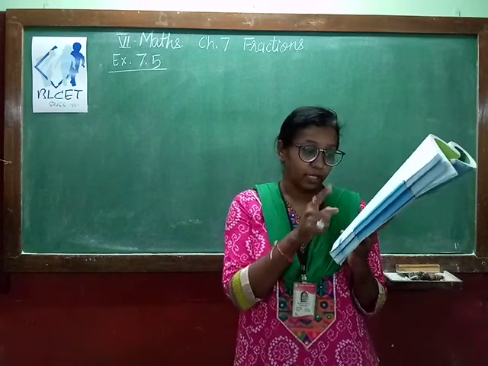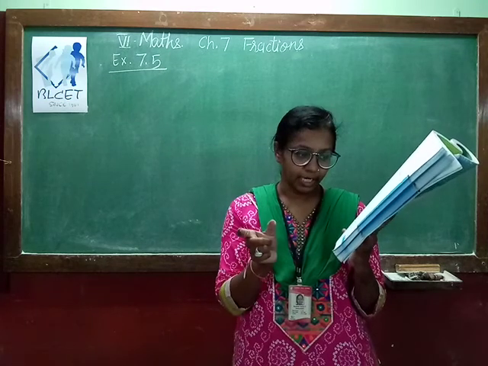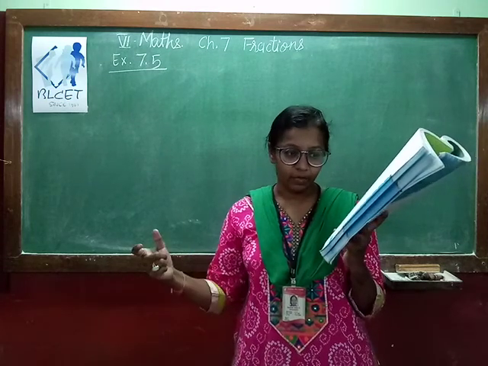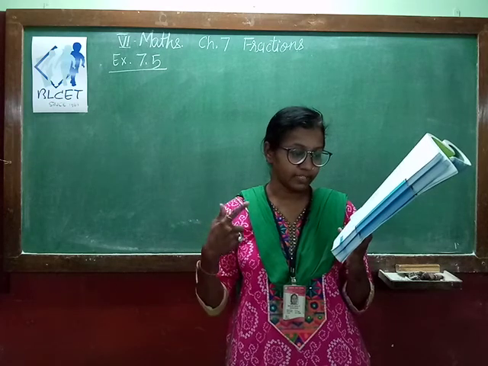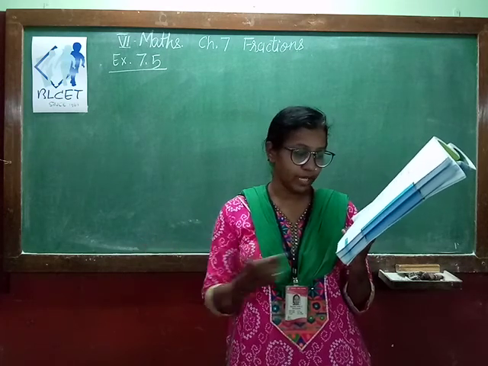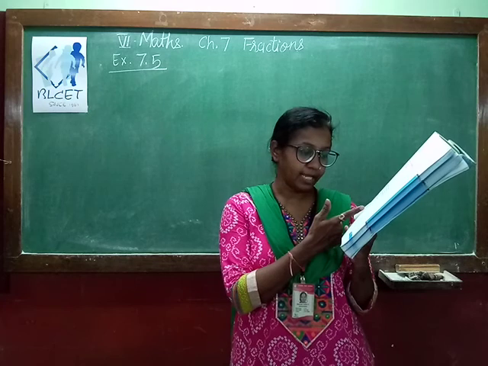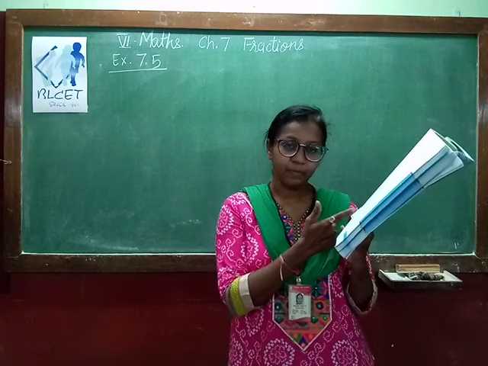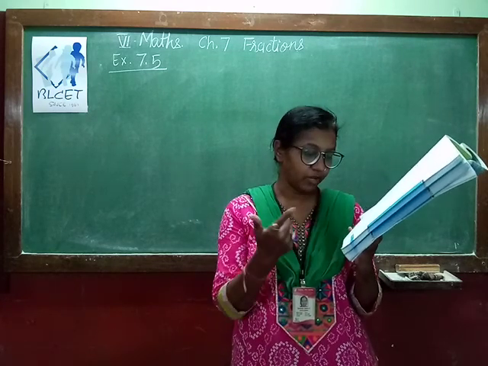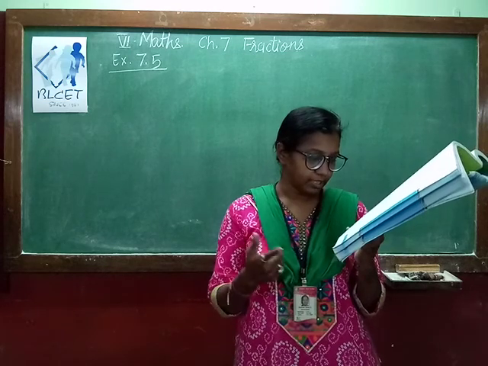In the next, a whole 5 parts are shaded. 3 parts are taken away and 2 are left. So that is 5 minus 3 will give you 2. So what is the answer here? Subtraction, that is 5 by 5 minus 3 by 5 will give you 2 by 5. So this way you can do the question answers by yourself.